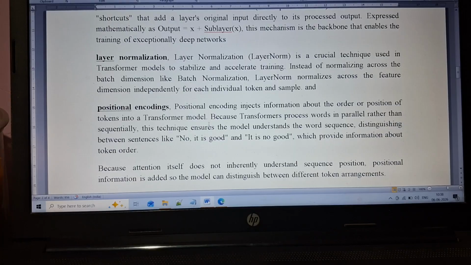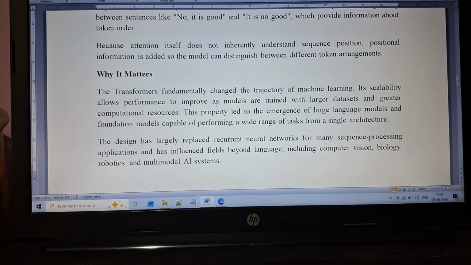Position encoding injects information about the order or position of tokens into a transformer model, because transformers process words in parallel rather than sequentially. This technique ensures the model understands the word sequence and distinguishes between sentences like "no it is good" and "it is no good", which provide information about token order. Because attention itself does not inherently understand sequence, positional information is added so the model can distinguish between different token